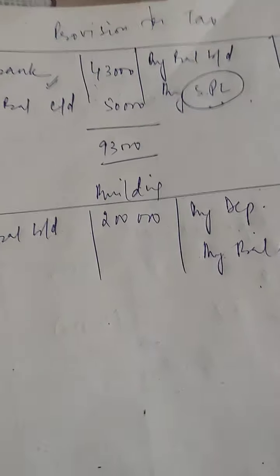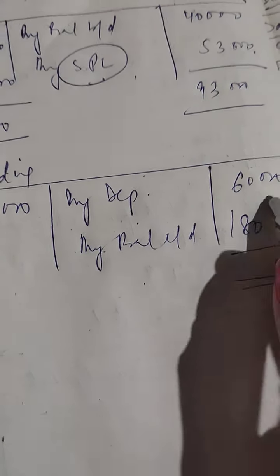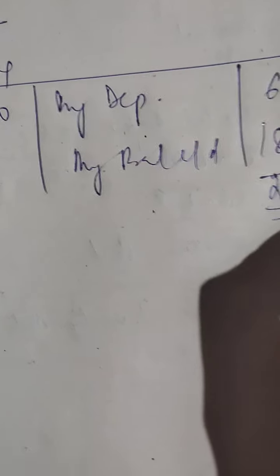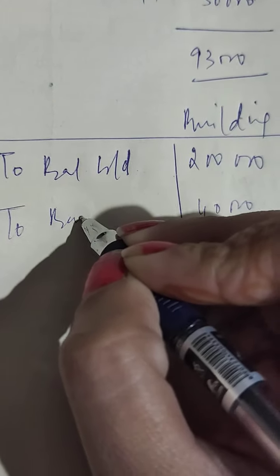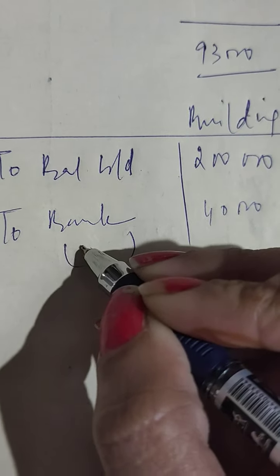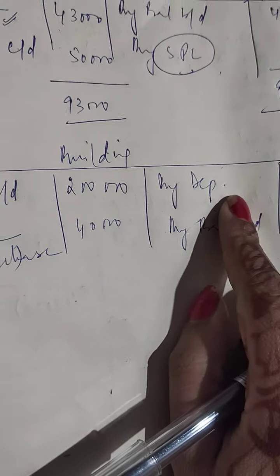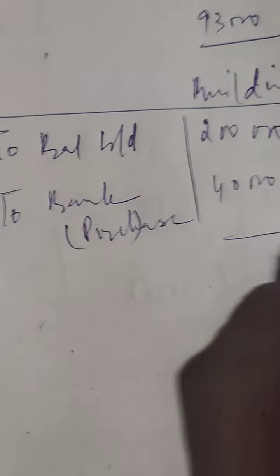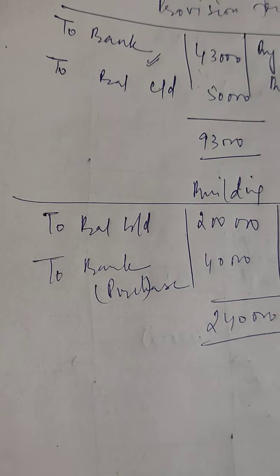There is no other purchase, no other sale given in the question, so move as per the question says. Okay, please do the total. 180 plus 60,000, we will get almost 2,40,000, and subtract 2 lakh, you will get the balancing figure as 40,000. The balancing figure always in an asset account is to bank. If it is on the debit side, it means purchase. If it was on a credit side, it was by bank and it would have been called sale, right? So this is 40,000 purchase of building.